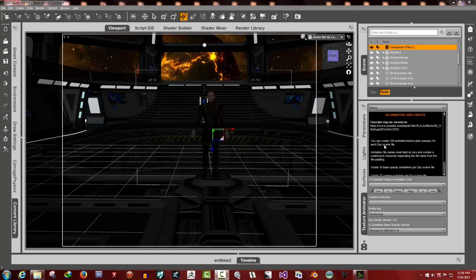Okay, in this Texture Animator tutorial we're going to cover how to create a new texture animation job. In this case we're going to use one of the transporter beaming effects, and it's pretty straightforward. The texture animation itself just plays on a geometry plane positioned in front of the character,